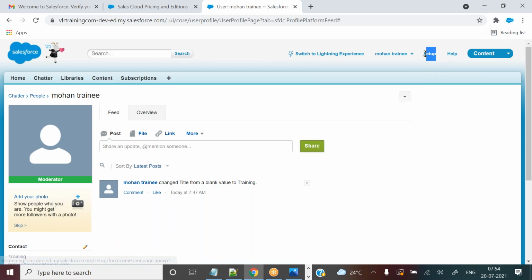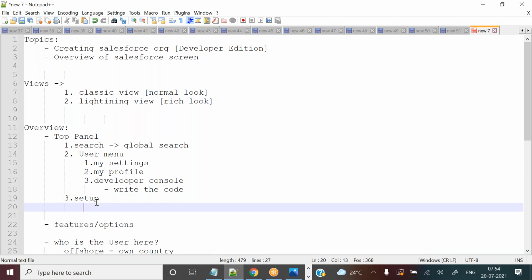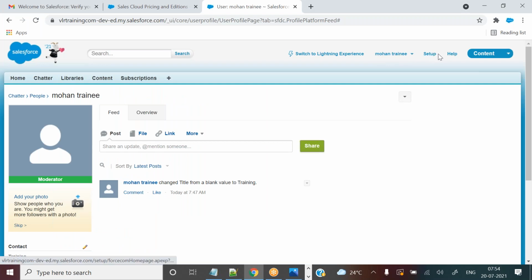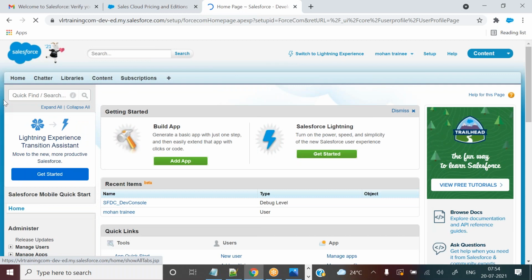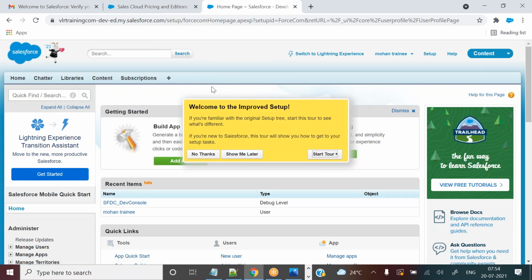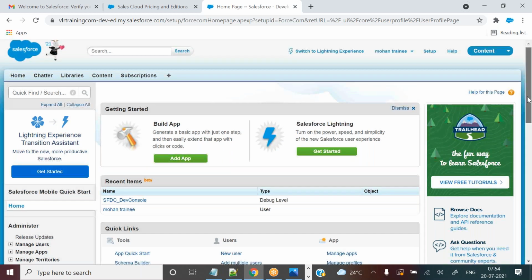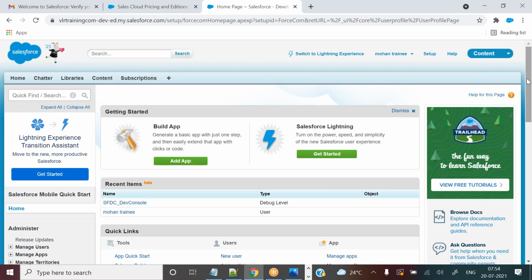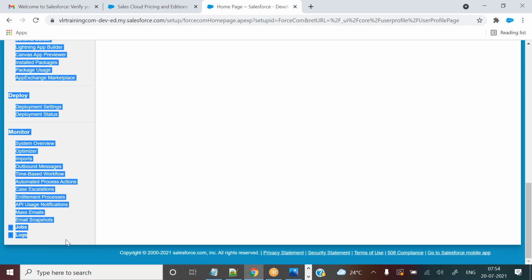Next, setup. Next option is what? So setup. Okay, click on it. You can click on the setup and now you can see the body screen. The top level screen is always the same, it is not changing. And you can see the bottom screen, the body screen, and there are a lot of things there. What you need to observe is the left side. You need to observe this left side box. Only this box you need to observe, only the left side.